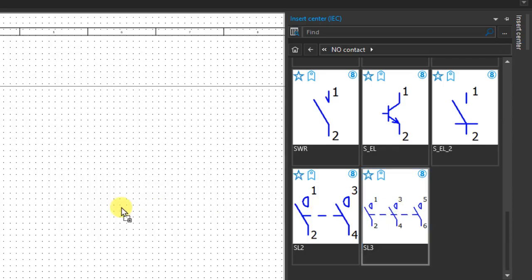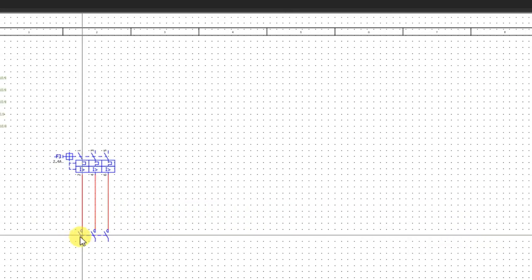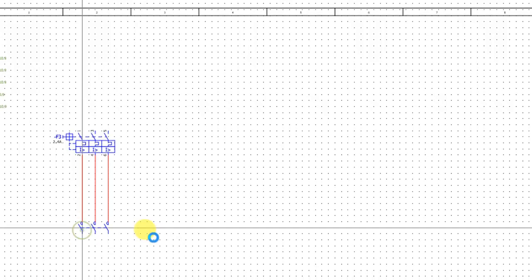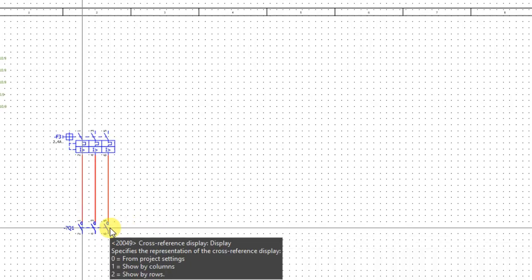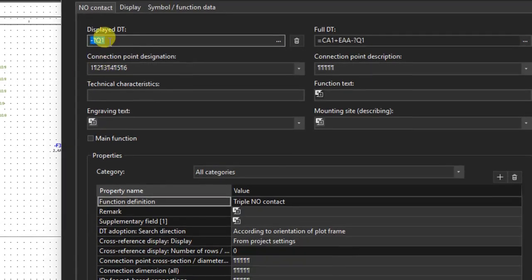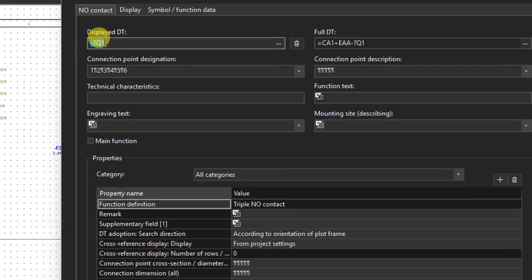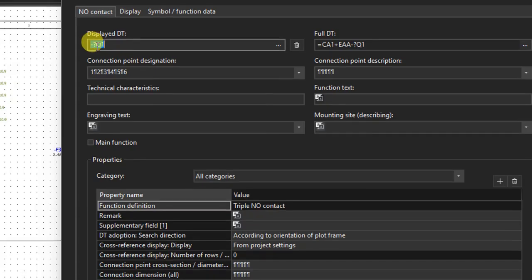Okay, so we drag it and we place it here more or less. Okay, and this is going to be Q1. Okay, here we get a question mark because the contactor should be labeled or linked to a coil. Since I haven't entered the coil yet, it indicates that it doesn't have a link by